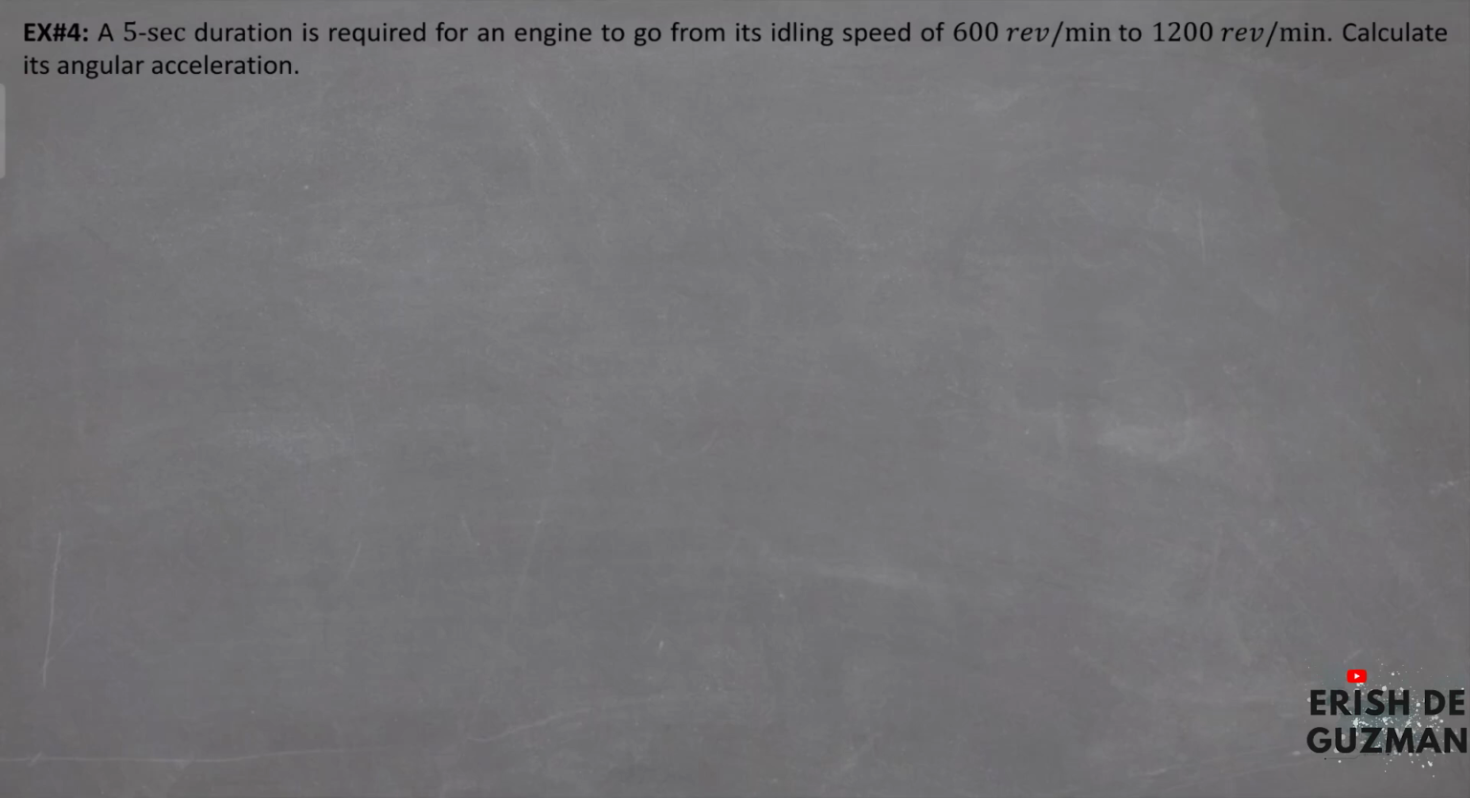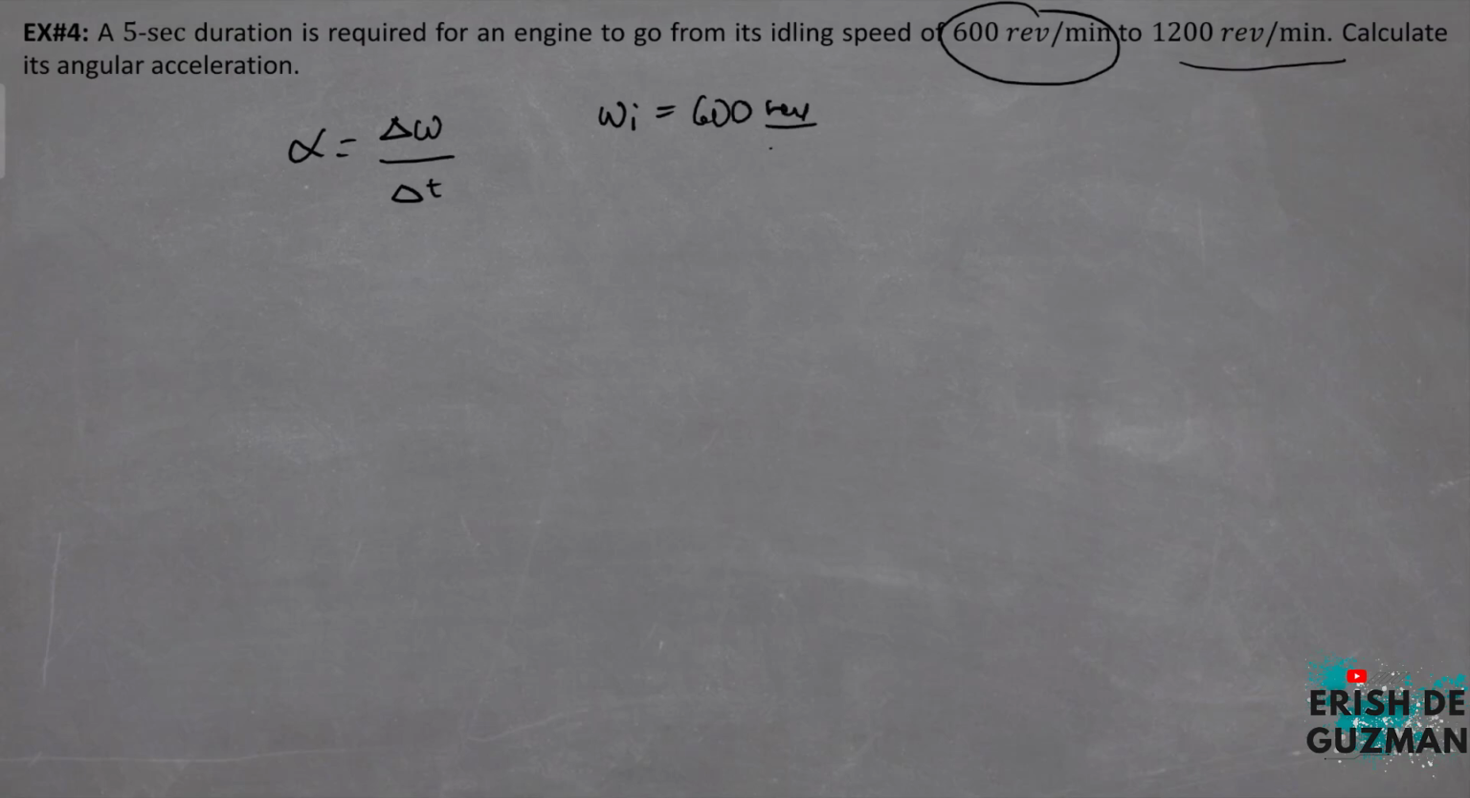Example number 4, a 5-second duration is required for an engine to go from its idling speed of 600 revolutions per minute to 1,200 revolutions per minute. Calculate its angular acceleration. So simply, ang gagamitin lang natin dito is yung equation natin na alpha or the angular acceleration equals change in angular velocity over the time interval. Kaya lang, we have to convert muna itong given sa atin na angular velocities. The initial angular velocity, so again, from the idling speed daw na 600, ibig sabihin yan yung initial angular velocity, 600 revolutions per minute. So 1 minute is equal to 60 seconds and 1 revolution is equal to 2 pi